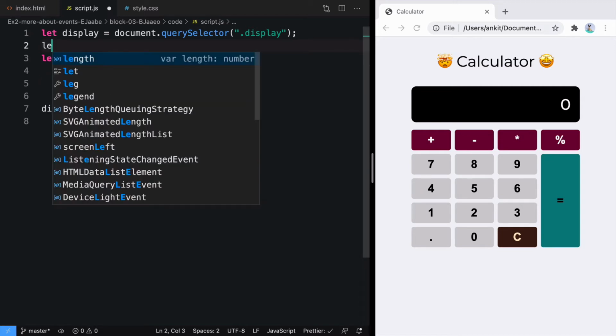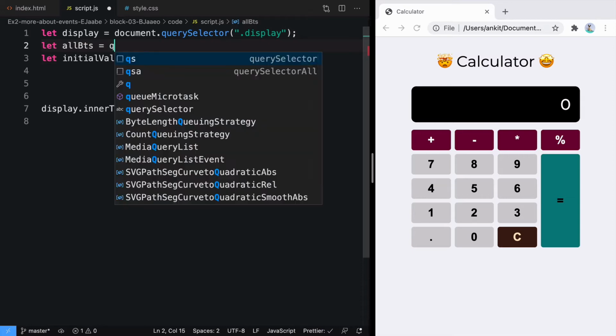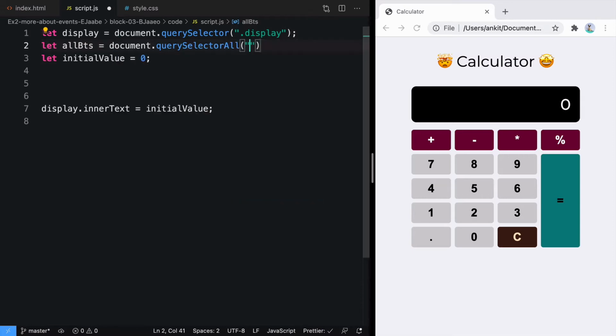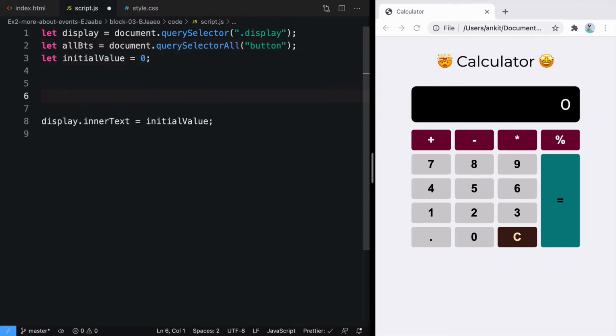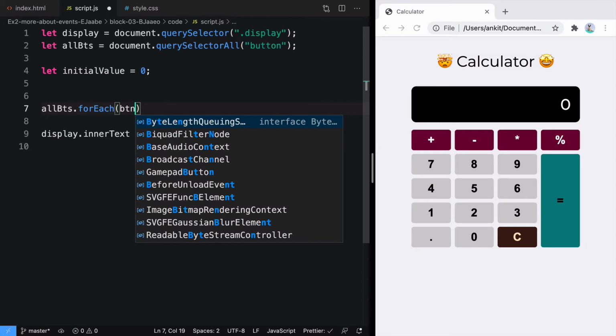First thing we'll do is select all buttons using querySelectorAll. Here we'll pass the button tag because every button contains the button tag. Now we'll loop over each button to add an event listener on top of it. So here, allButtons.forEach, because querySelectorAll returns a NodeList, and NodeList has a method called forEach.